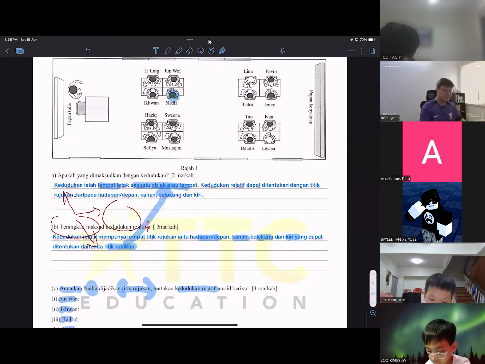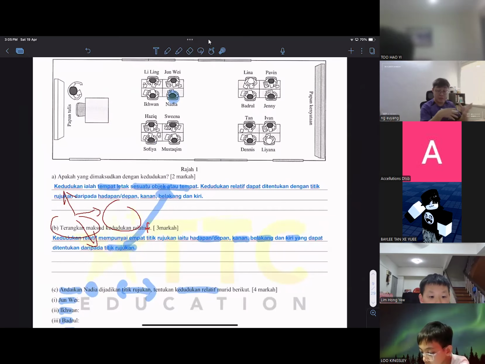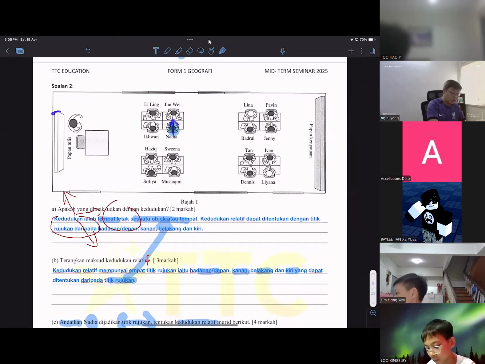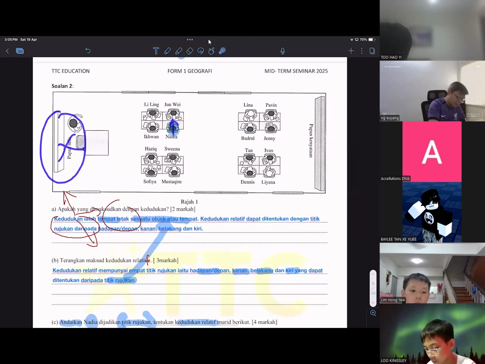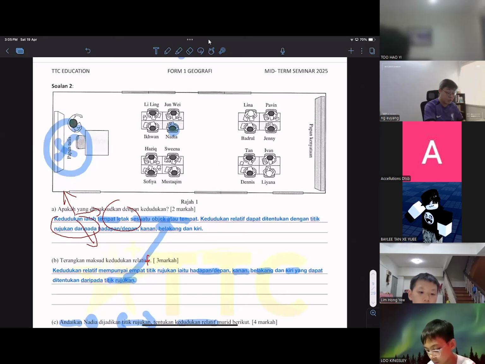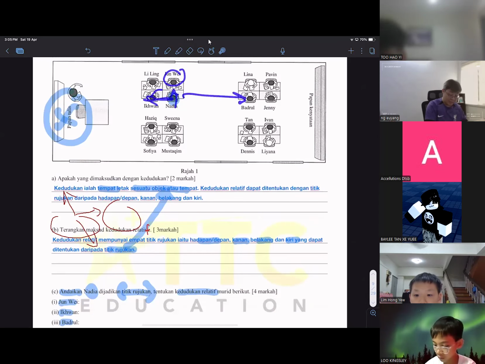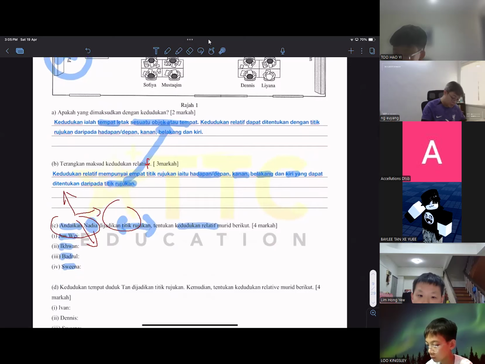So that's why this is something different from what I showed you guys from the nota, right? So the front is according to the students, not according to the papan tulis anymore. So circle the papan tulis, not referring to the papan tulis, because kedudukan for murid-murid is different, not facing the papan tulis. So in front of Nadia is Junwei. So Ikwan is kiri. Badu is kanan. Swina is belakang.